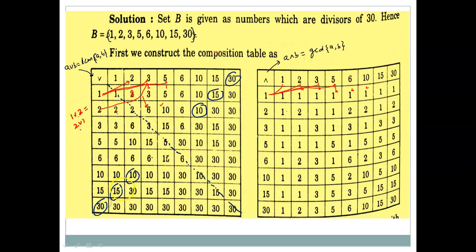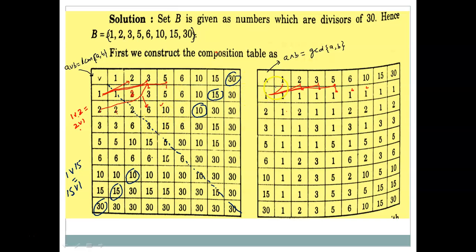Now look at the situation, how this 15 has been obtained. It is obtained by taking this operation of 15 with 1. In fact, this is 15 join 1. And if you look at here how it has been obtained, it is 1 with 15, it is 1 join 15, so both are equal. So in this way you can see the commutative property is satisfied here.